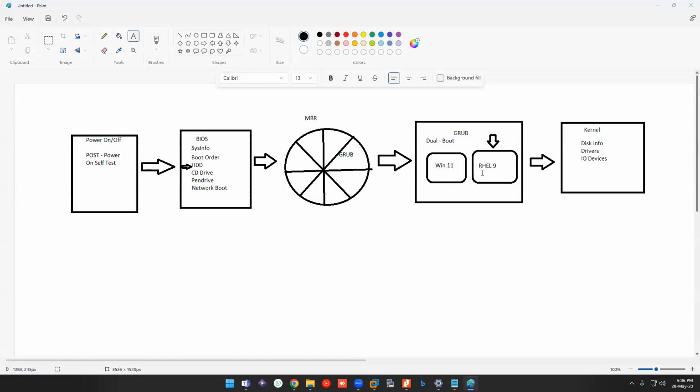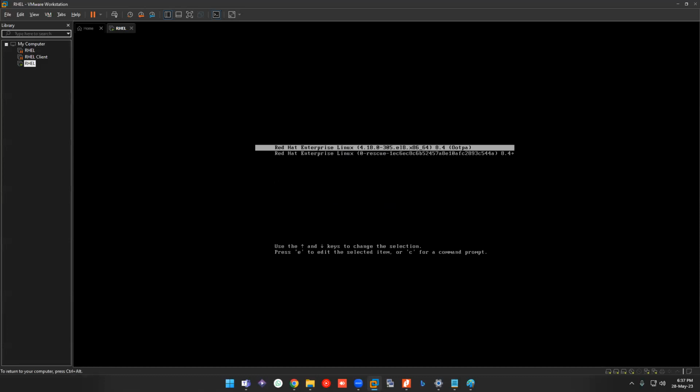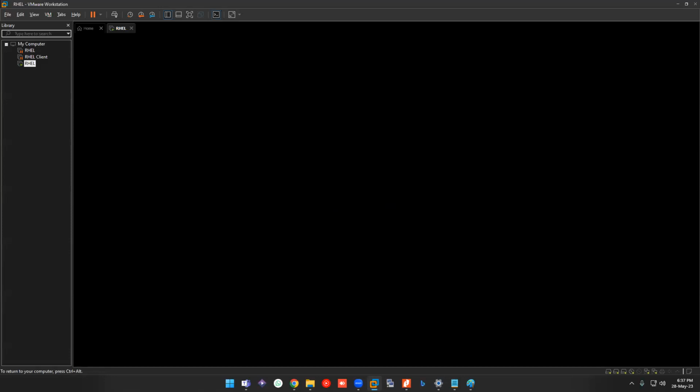So what is a boot image? The boot image will have all the necessary library files for the server to boot fine, or you can take it as the basic requirement. Okay, so this is what it will be loading, and please don't edit anything here. We will edit in some time, but as of now, press Escape to come back to the screen and press Enter to boot. I will show you how to boot into this later.